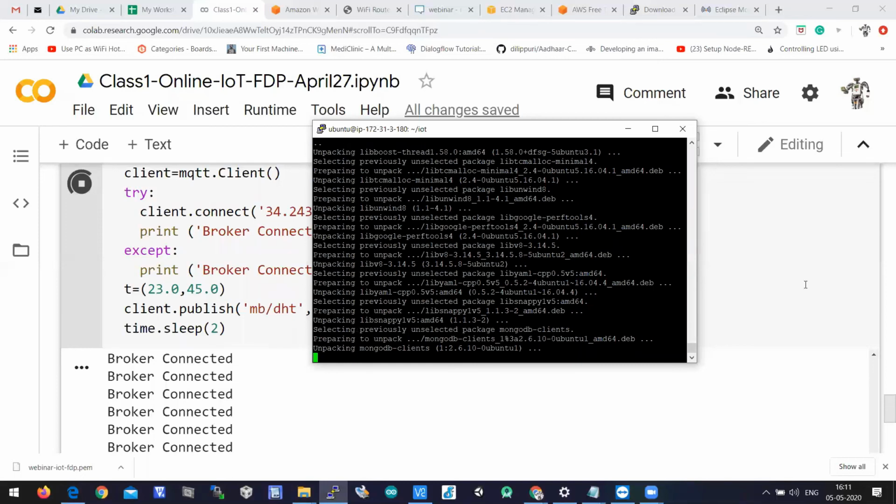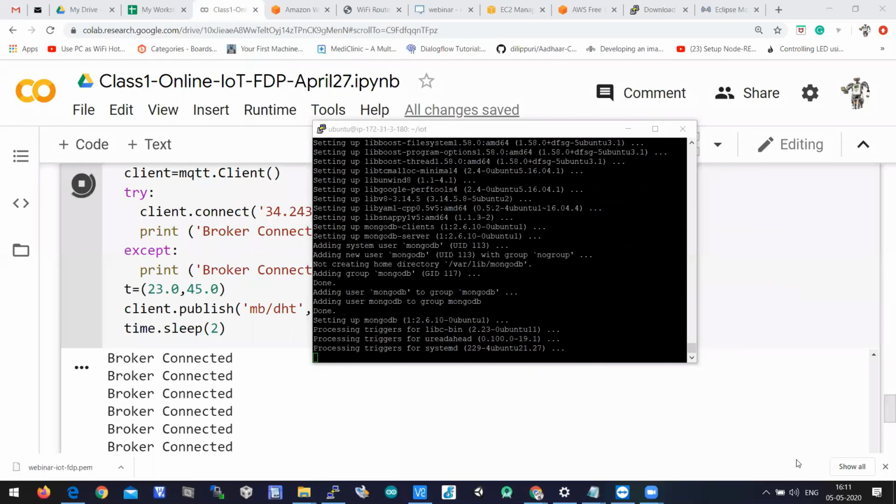The command is sudo apt-get install MongoDB. I'm pushing it in chat. If you install MongoDB, tomorrow we'll use this MongoDB server for storing the data, and then later we'll continue. If you get stuck here and there, just keep doing it. I'll post this video as early as possible to all your email IDs. If you have any query, you can message me on WhatsApp also. I'm available there.